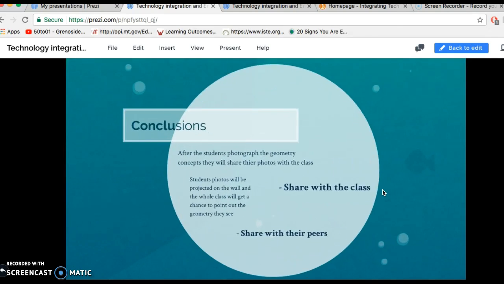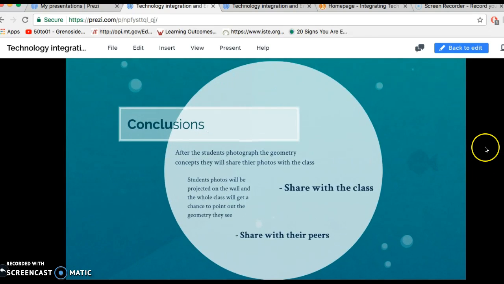Next, I'll bring the students back into the classroom and they'll have a 5-minute period to share examples they can find of perpendicular and parallel lines with their classmates that they took on their iPods, and then I'll have the students send me on their iPods using AirDrop photos that they took that are their favorite, and we'll review them